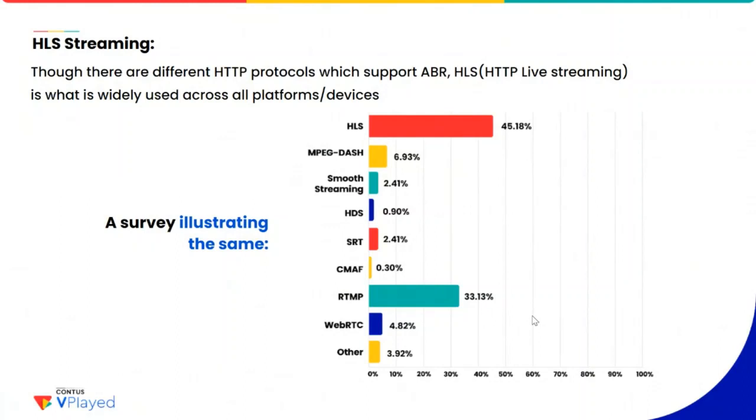When coming to HTTP protocols, there are many streaming solutions available, but HLS streaming plays a very vital role in the overall streaming solutions. If you look at this design, you can see that HLS plays a major role in streaming. Here we are going to see how we create HLS streaming by using transcoding. Apart from this, we also have MPEG-DASH, SRT and CMAF, which are also HTTP-based protocols, but still HLS plays a vital role. It's all about the compatibility of the video across devices as well as players. That is the main part of HLS here.